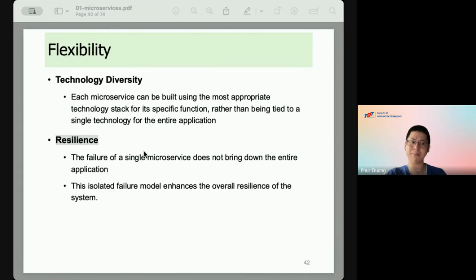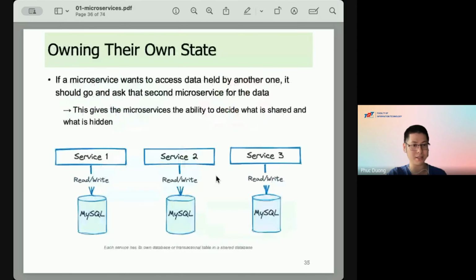Another term in flexibility is technology diversity. Diversity in Vietnamese we call đa dạng. So let me get back to this slide. For example, to implement the final project of your group, you decide to organize your group into 3 services: service number 1, service number 2, and service number 3.